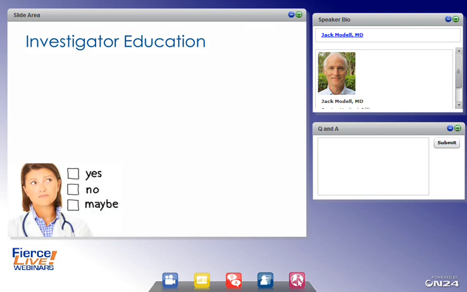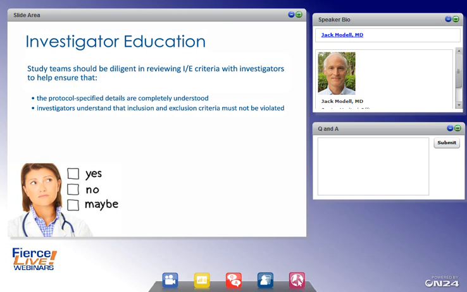All right. Your criterion and indeed your entire protocol are really only as good as your investigator education. And as I'm sure those of you who have worked with investigators know, this is not necessarily an easy task, but it's a very important task. So study teams do need to be diligent in reviewing the criteria with investigators to be certain that the protocol specified details are completely understood and that they understand,